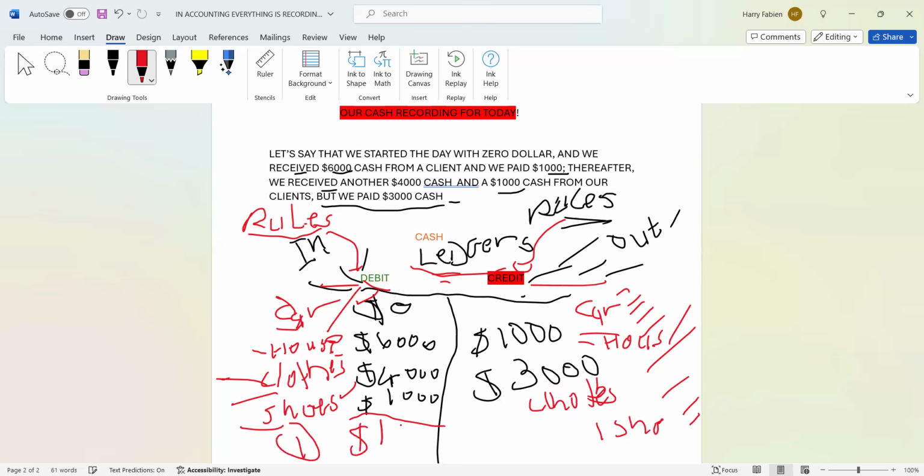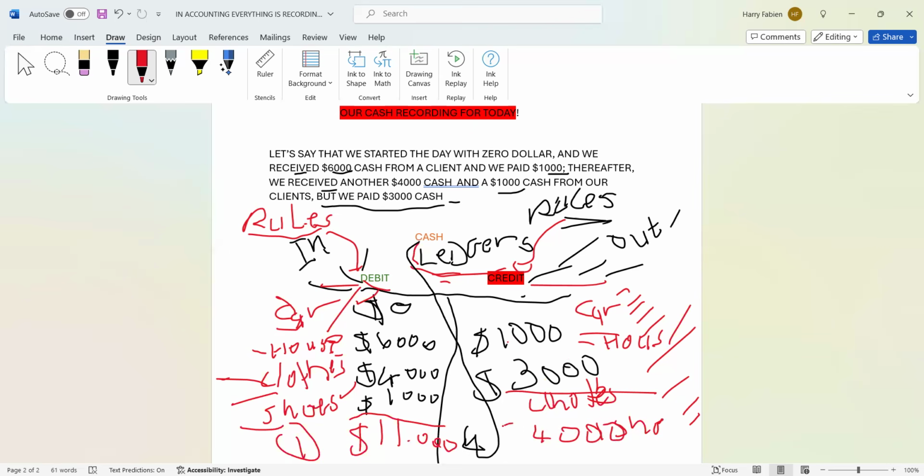You have to do a closing balance. So you got $11,000 cash that you've been receiving. You receive $11,000 cash when you add those things. And then you have to do the same thing for the credit side. You add the $1,000 that you give out and the $3,000 you give out, that means $4,000.